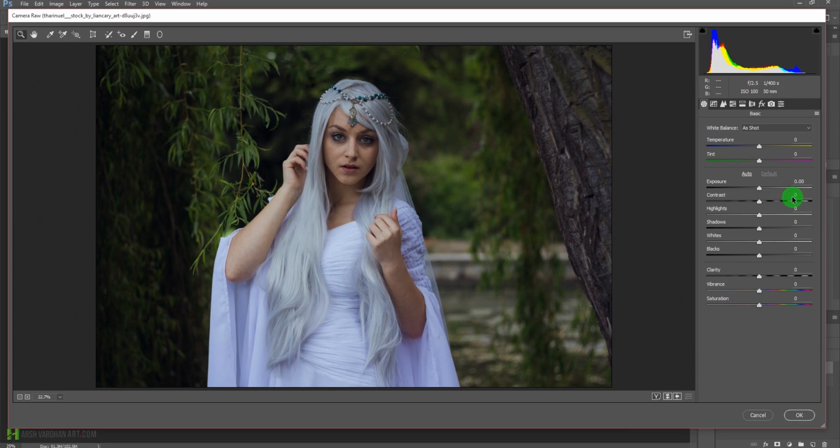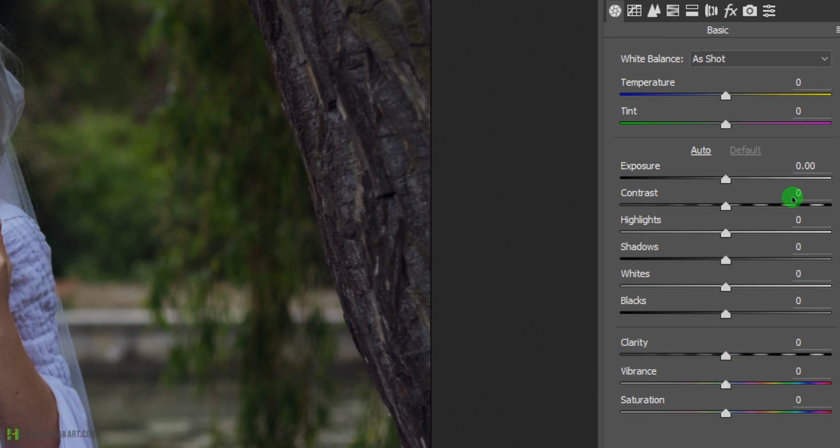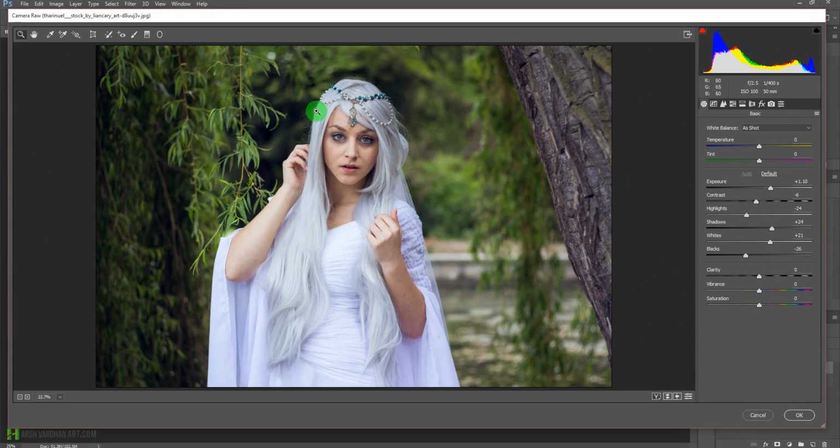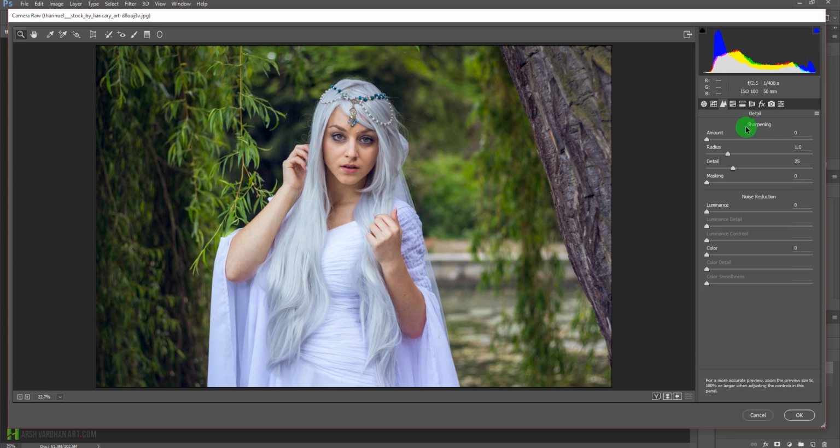Now it has launched the camera raw filter, and you can see over here we can adjust all these sliders. So I'll go for the auto, and it's going to fix up most of the problems, and I'll lower down the contrast so that some more details can be seen in the shadow area of the face. Bring down the highlight a little bit, increase the shadows and increase the blacks as well, and increase the clarity a little bit, increase the vibrance and saturation, and come to the details panel and increase the amount of sharpening